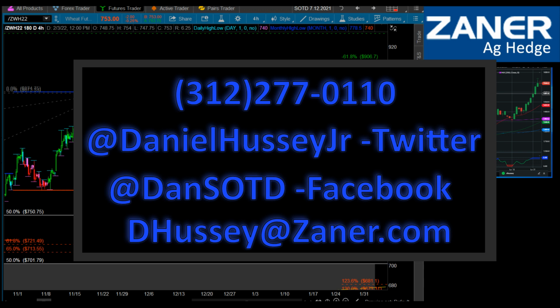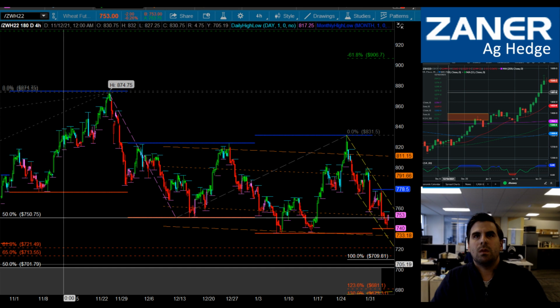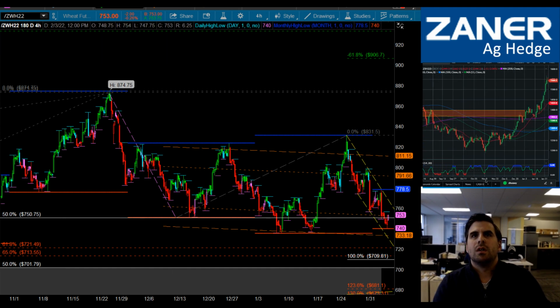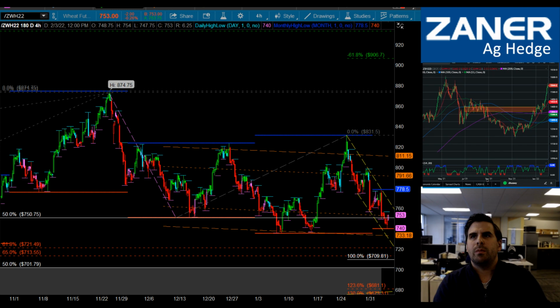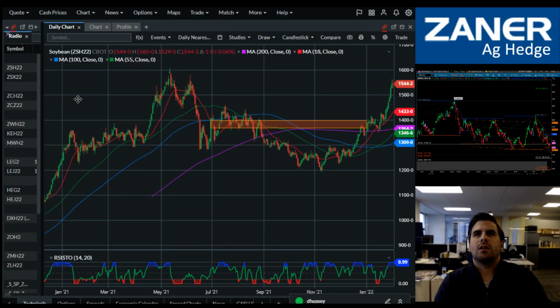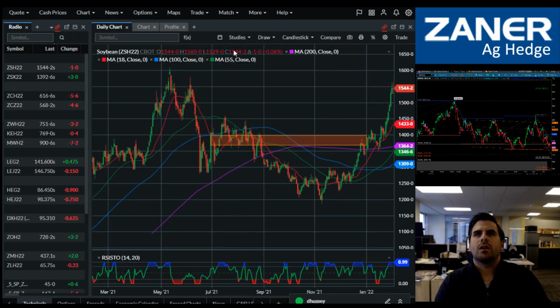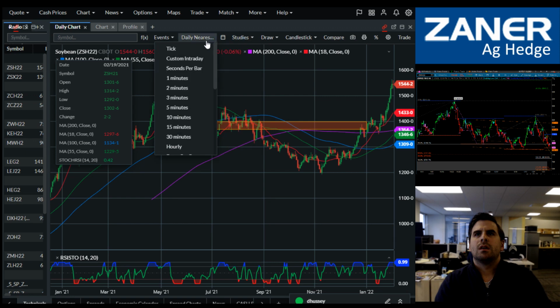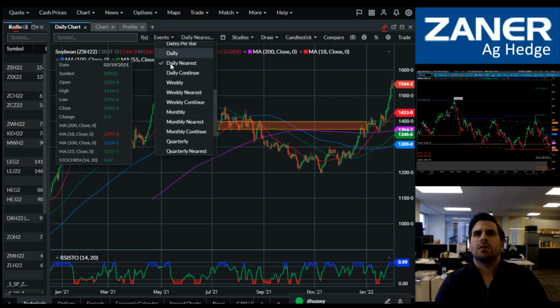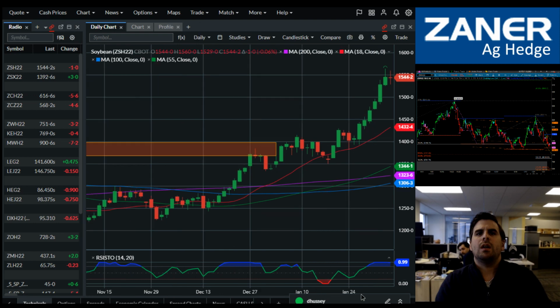Okay, so I want to begin today. We're going to look at some of the technicals and go through the charts like we normally do. Let's begin with the daily chart of the March soybean contract. I just want the outright contract, not the continuous chart, because it's not really fair to look at this March as